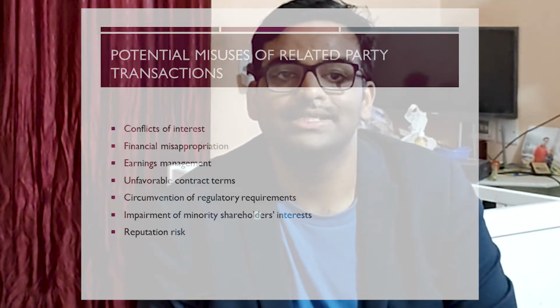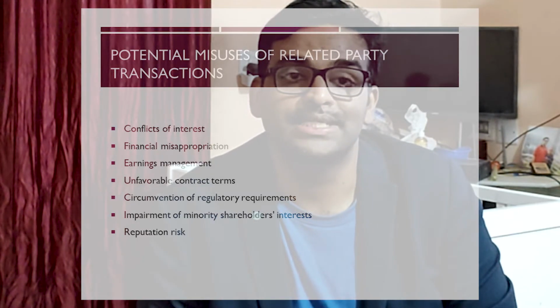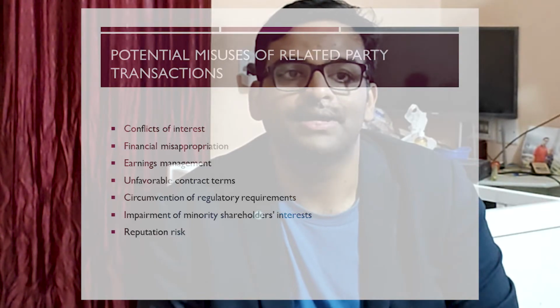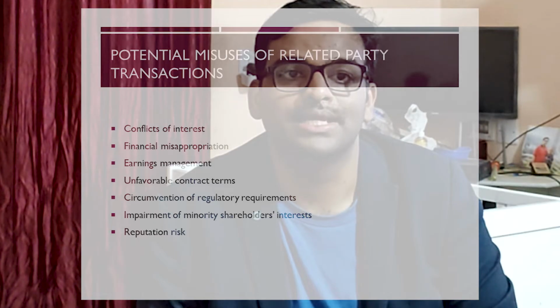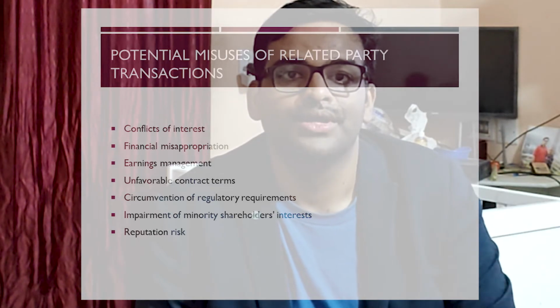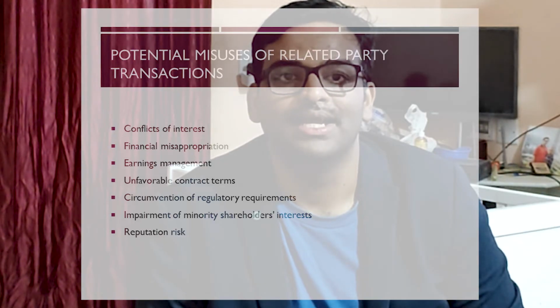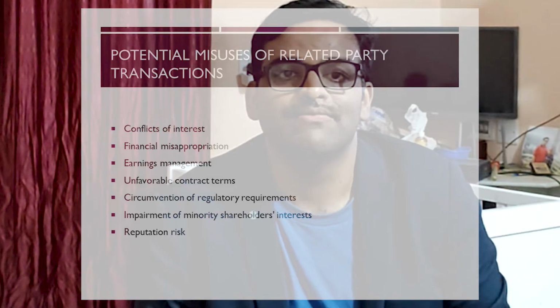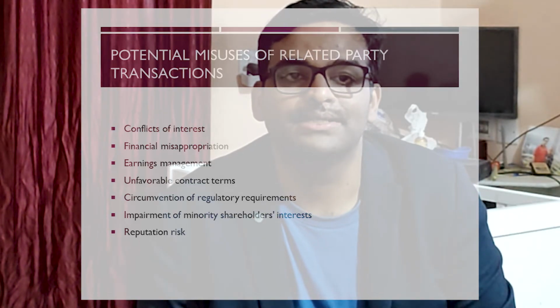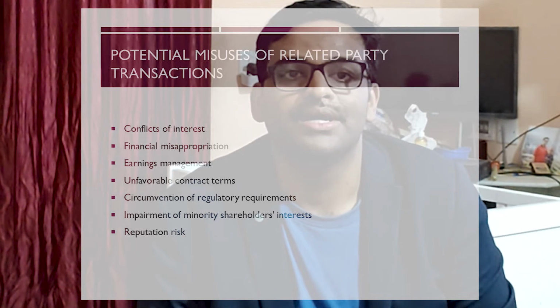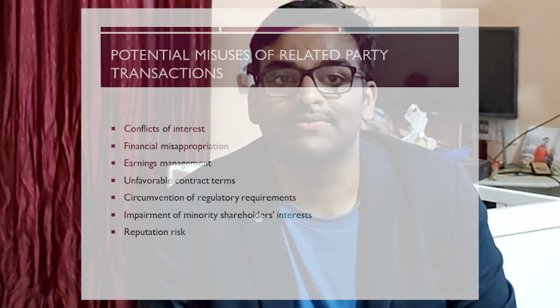2. Financial misappropriation. Asset stripping: assets of the company can be sold to related parties at undervalued prices, leading to asset misappropriation and loss to the company. Inflated prices: goods or services can be purchased from related parties at inflated prices, diverting funds and reducing profitability. Earnings management. Profit shifting: